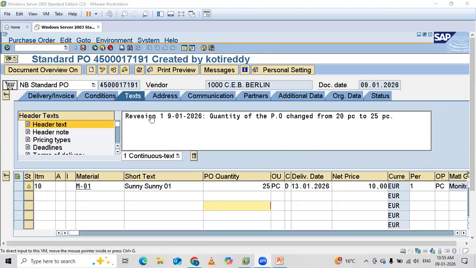You need to enter the revision here. The vendor will not duplicate this PO. This is an important thing.